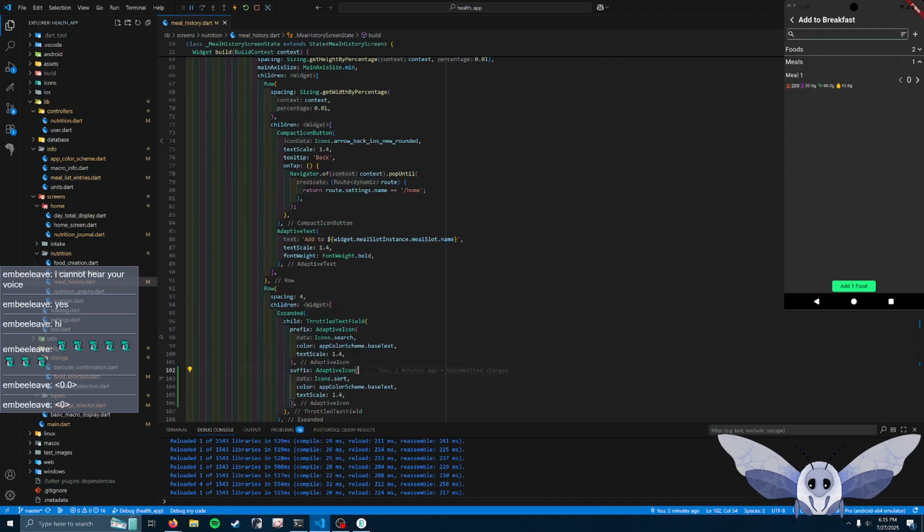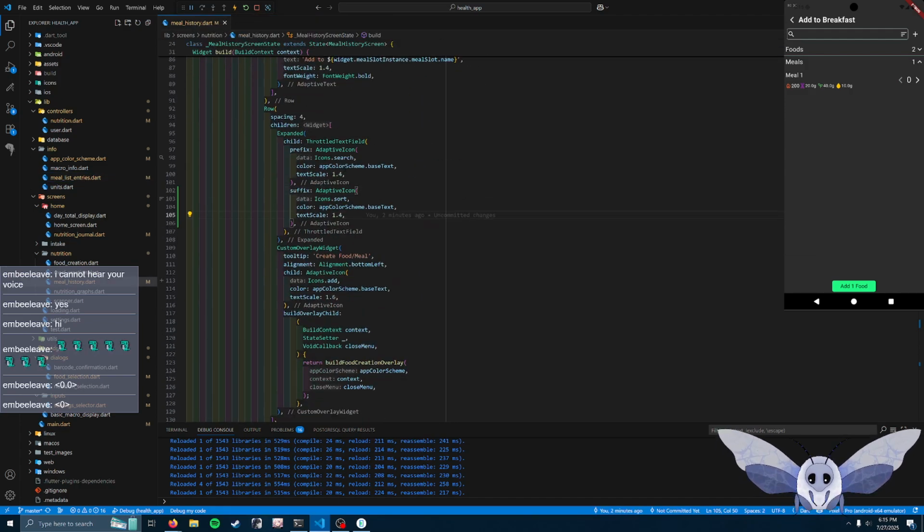All right. So there are a lot of ways that we could do this, as I said. We could create an intermediate object, which acts as something for the filter controller that we end up building to chew on. It takes the class object, so in this case a food or a meal, and converts them into an easy to go through map. That might be pretty good to go that way. The only annoying thing is then when you go back around,